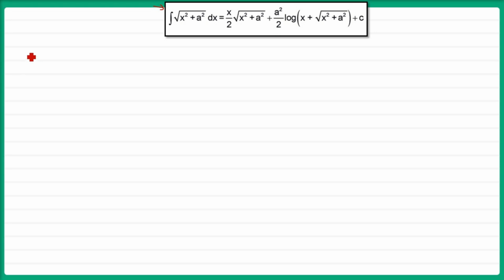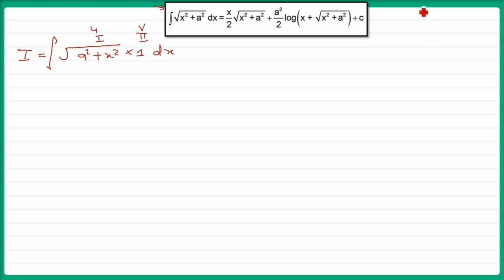So we call this I, and I is equal to the integral of √(x² + a²). Now you can write it as a² + x² or x² + a² interchangeably because they are both the same. So we'll do it by parts. That is, we assume that 1 is multiplied here, and dx is already there because we are integrating. What is the first function? The first function we will take as √(a² + x²)